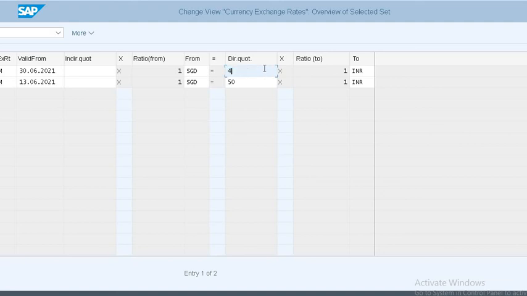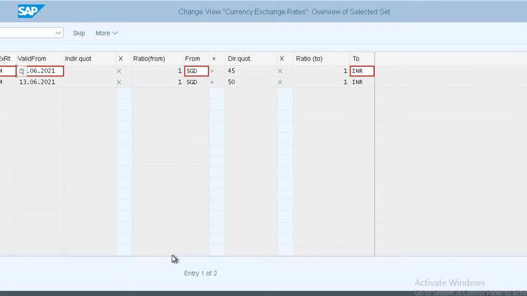And this I will make it 45. So if it is 45, that means we are getting a gain. Actually you should make it 1 Singapore dollar with 50 rupees, but when it decreases to 1 Singapore dollar equal to 45, you are gaining 5 rupees on each dollar. So this is an appreciation in the INR currency point of view. If the Singapore dollar is increased, then that is a depreciation for INR.